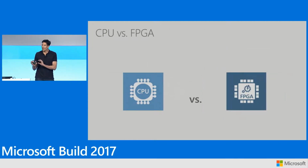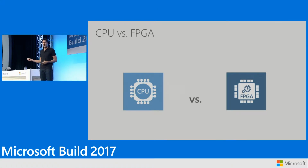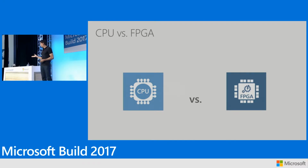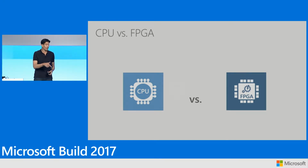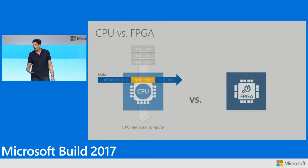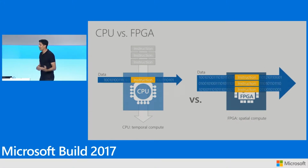Now, another way to look at this, the difference between a CPU, which is very general purpose, and an FPGA, which is also general purpose, is that the way that they process data is different. With a CPU, basically you've got a linear set of instructions that are flowing through the CPU and transmuting data in place. So you can think of the instructions flowing through the CPU complex, processing data in place. Whereas on the FPGA, you can think of it as the data sitting here flowing through an instruction set in